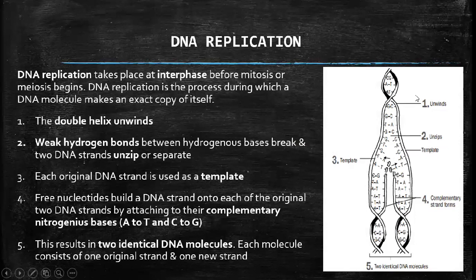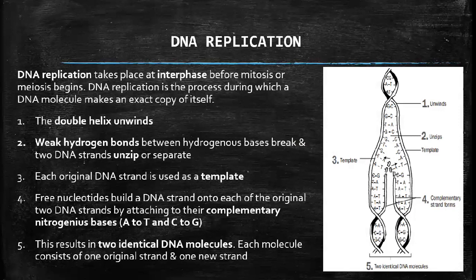Then the weak hydrogen bonds break. Once they break, the structure starts to unzip, or the two strands move apart and are separated. And then after that, each template is going to be used to form other copies,